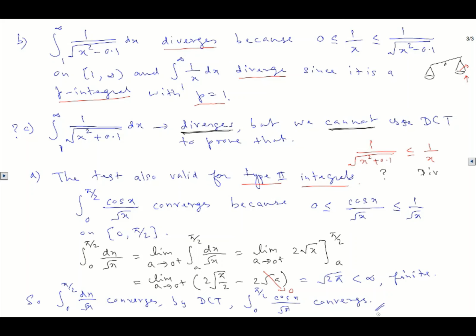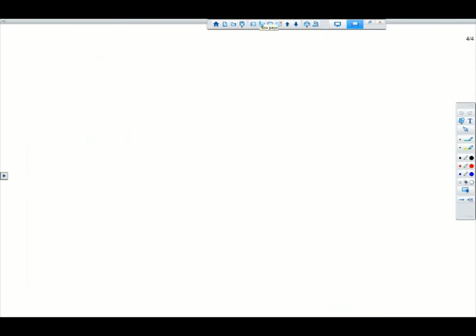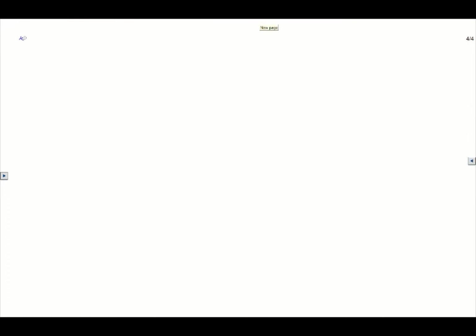Good. So let's do one more. Remember the problem that we could not do? We're going to do this right now. This is the integral from 1 to infinity of e to the minus x squared dx. Actually, you can see that this converges, because of what's going to happen. We know that